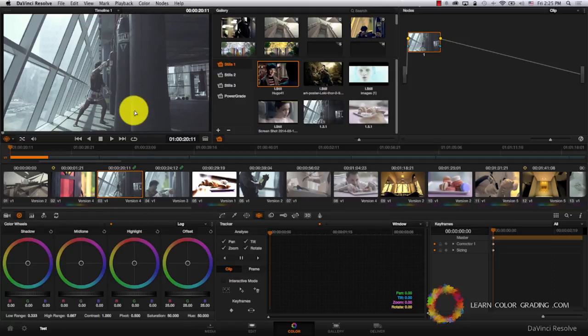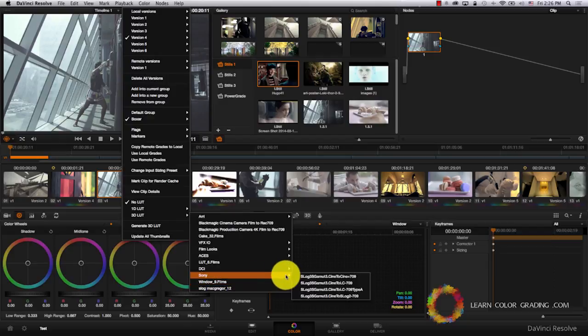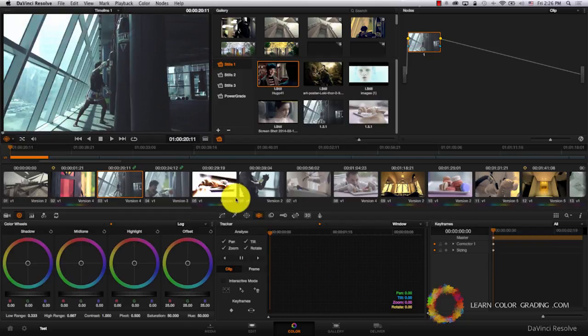So this particular image here was shot in log mode. It looks very flat. Often a lot of camera manufacturers will actually release specific lookup tables for specific cameras or specific modes inside the cameras, like the Sony S-Log. And I can just go to their websites, download these lookup tables, put them in my folder, and I can just come here, right-click, go to my LUT and just apply a LUT here. Like this is Sony, this was provided by Sony, and I can just choose here. And you see the image doesn't look flat anymore, right away,